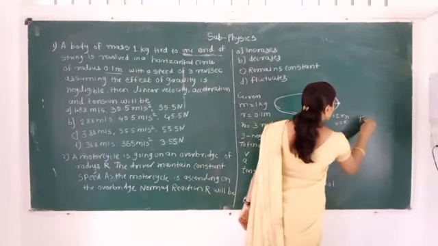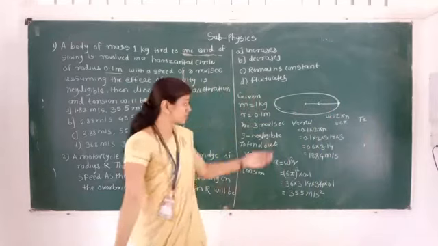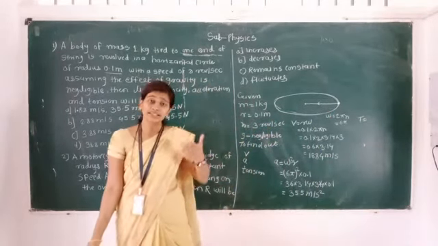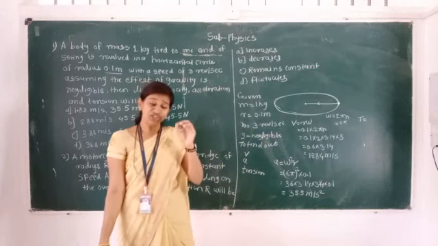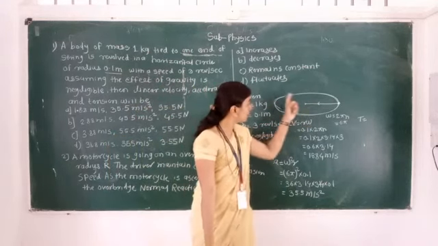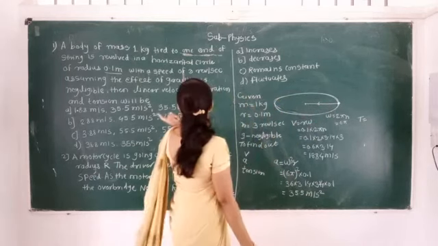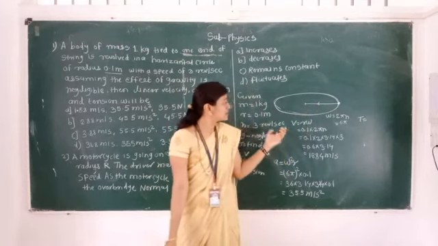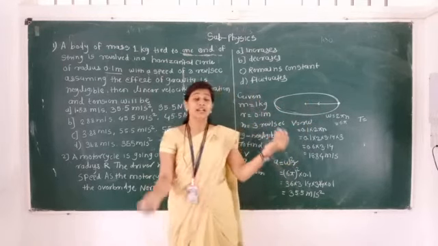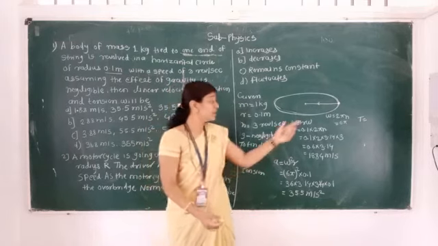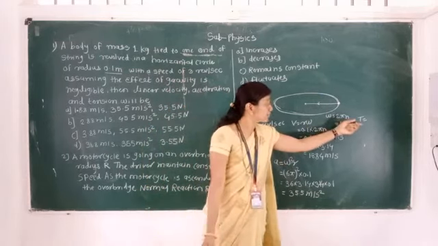See how we are getting tension. When a particle is revolving in a horizontal circle, the necessary centripetal force is present. Here the object is revolving in a horizontal circle, and we want that tension. That tension is due to the force. That means the necessary centripetal force for the body revolving in a horizontal circle is replaced by tension.